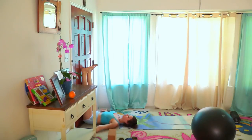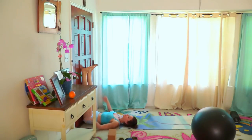Drop the hands down, palms facing up, so the shoulders are getting the chance to relax. And the reason why we're doing this is it's taking you out of the upright position where you're not holding yourself in a certain way depending on how the spine is curving. In this way you're going to be able to balance the hips out and make them even, because after a little period of holding this restorative pose,